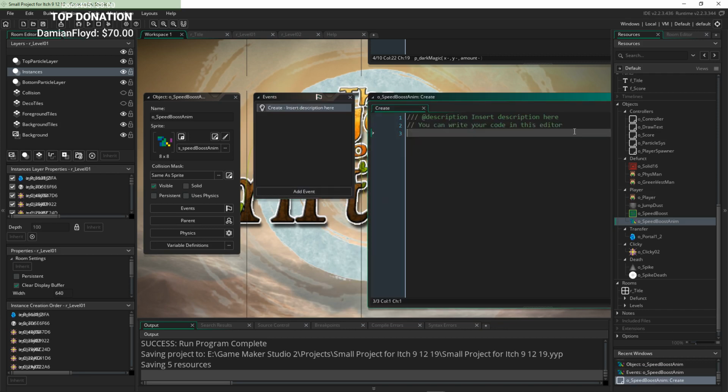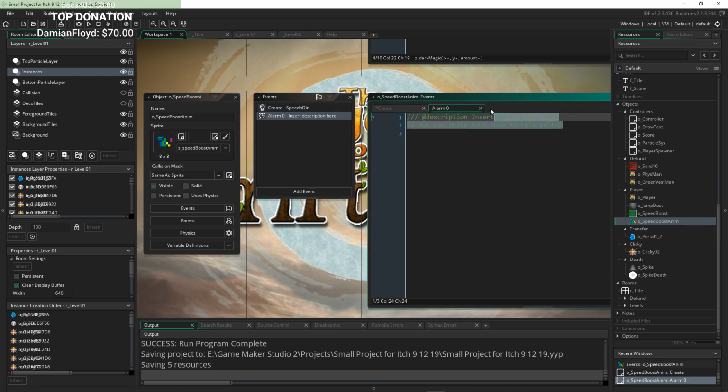Yeah, we want to give it speed and direction. So speed equals 0.5, direction equals random range of 0 to 359, and alarm 0 equals 60. 45, kind of quick. No, 30, half a second. Yeah, and then we'll make an alarm 0. So kill self. Note to self, kill self. Instance destroy